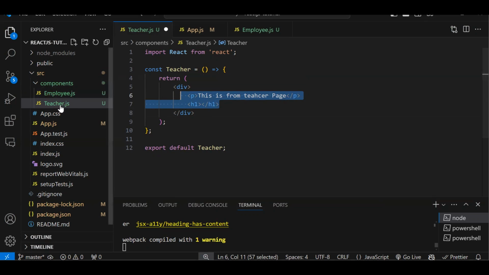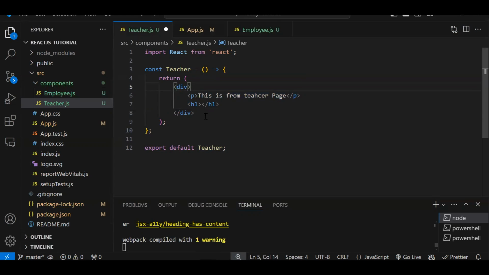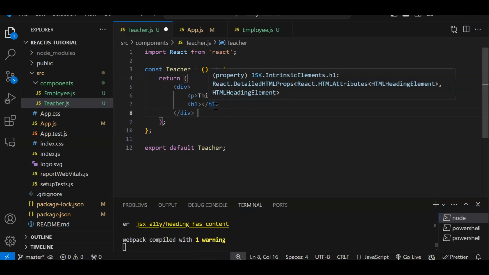So first, when you are creating a component, the first letter should be capital, and you should have only one parent element. Otherwise, you will get the error here only. Those are the rules. Fine. So that is everything